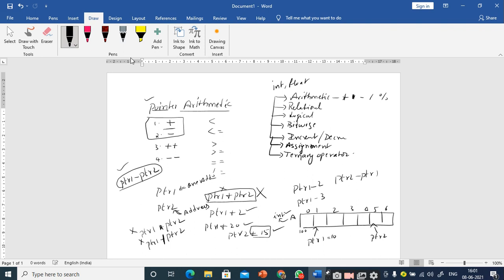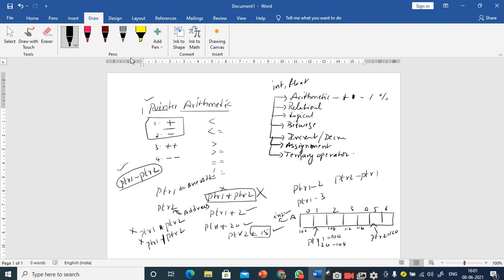Super, it is correct. 104, 108, 112, 116. What is the value of ptr2? 120, sir. Now tell me 120 minus 104.